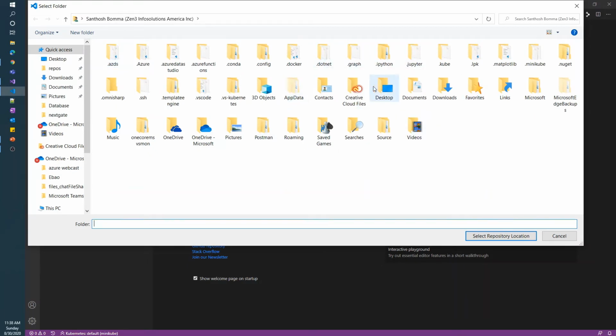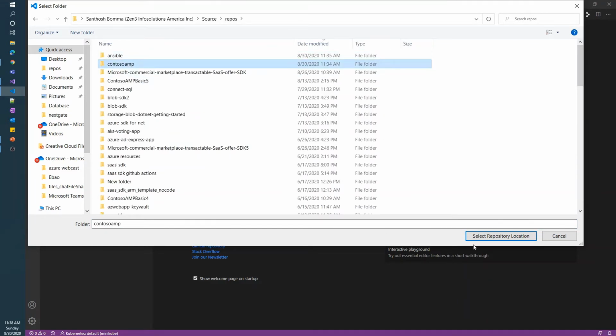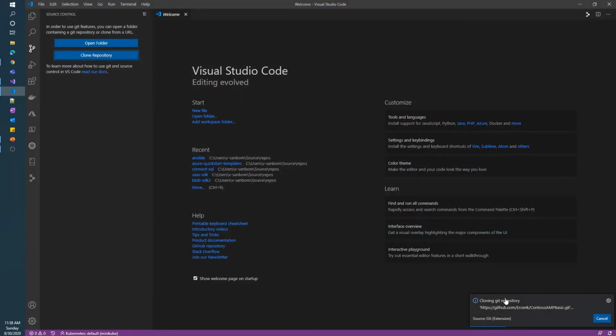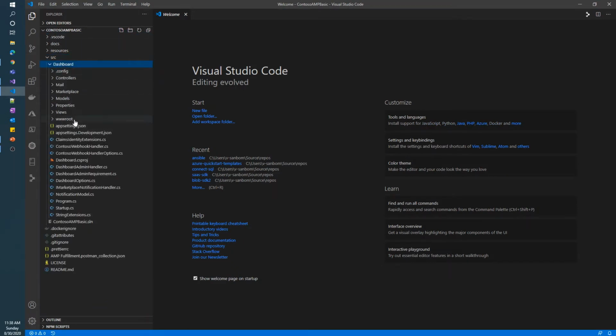So let me go into my source repos. Then I'll just select an empty folder, select the repo location, and this will clone the code from the GitHub. So the code is now cloned. So let me just hit Open. So this is the source code, and then let's go into the src folder and into the dashboard and open